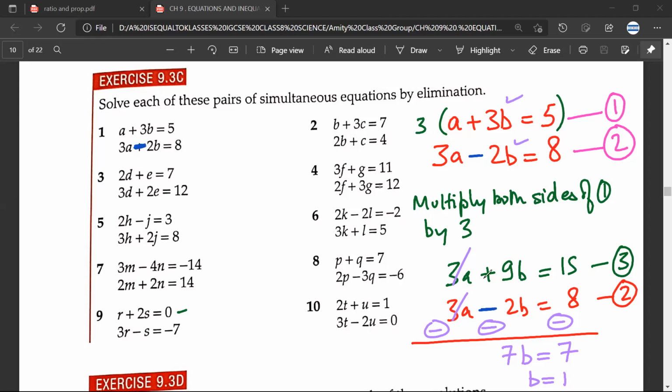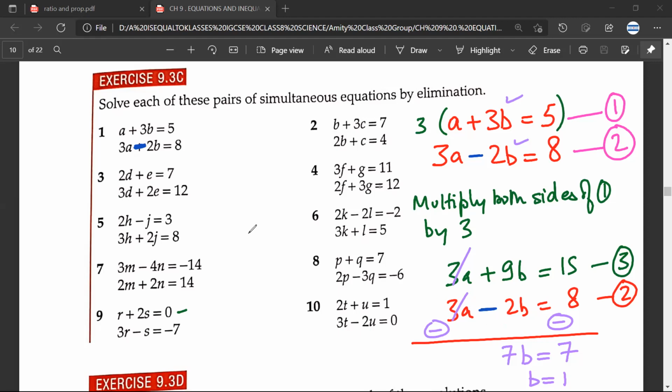Now, what I want to tell you is, you may forget about this, but then you'll have to review this lecture again. If this is minus and I'm subtracting equations 1 and 2, the first equation would remain the same: 3a plus 9b is equal to 15. The second equation, 3a minus 2b is equal to 8, would remain the same. But in this step, this plus would become minus. This minus would become plus. Mr. Arman, any doubt? No, sir, I didn't understand how you did that.